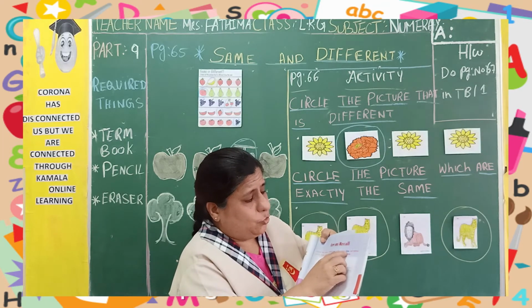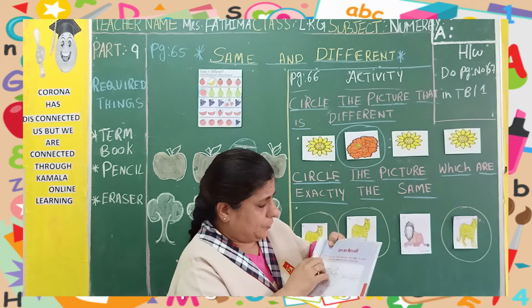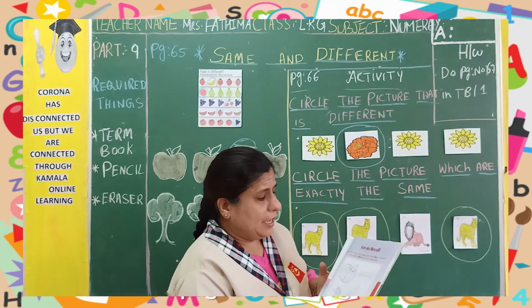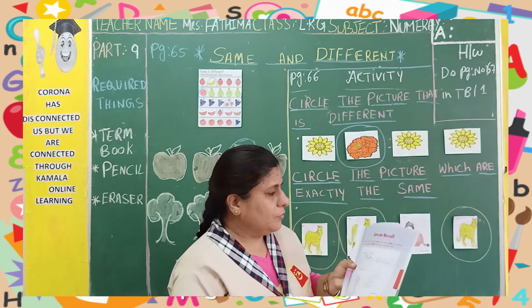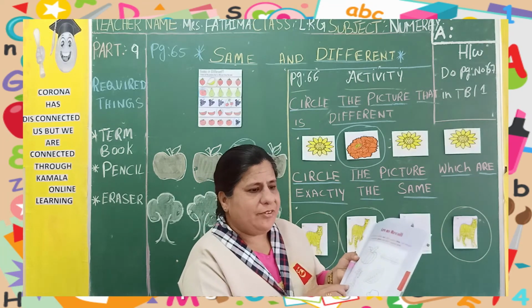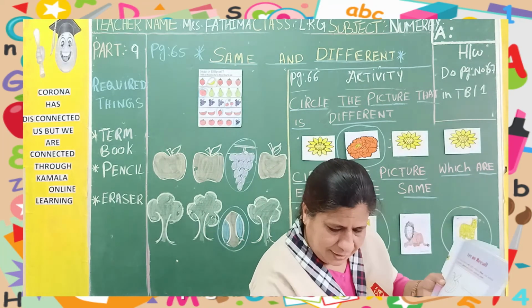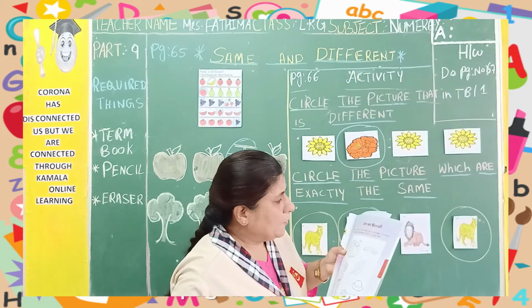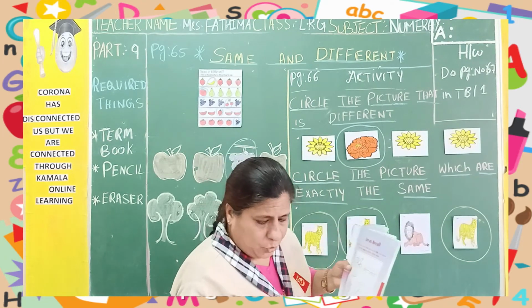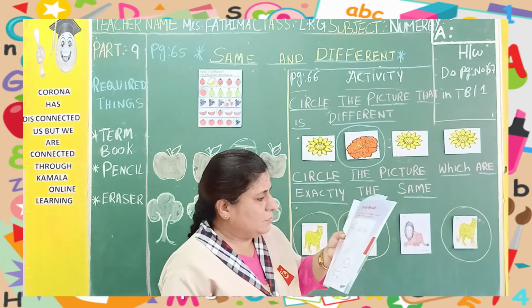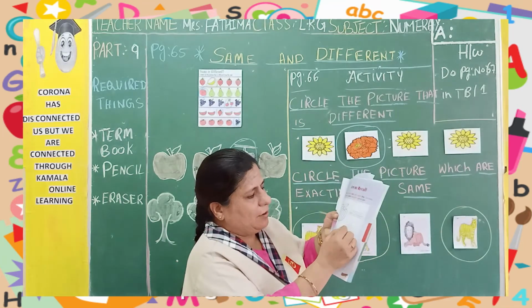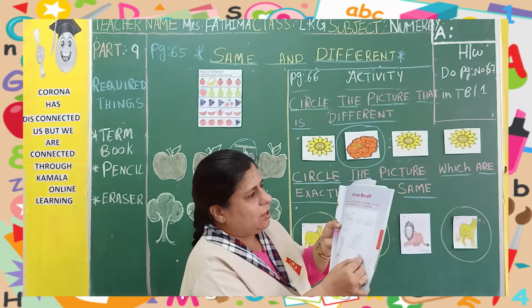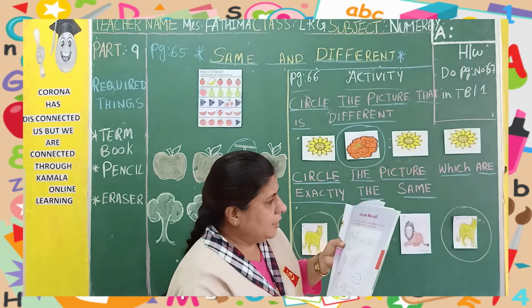Light object blue. Tall animal yellow. See, which is the heavier object? Heavy object. Giraffe is the heavy object, no? You have to color with the red. Giraffe should be colored with the red. And light object with blue. Which is the light object? Leaves. Leaves are light object. This is also light object.